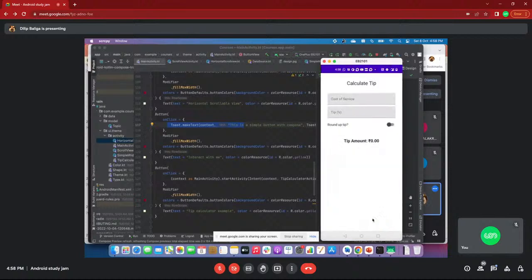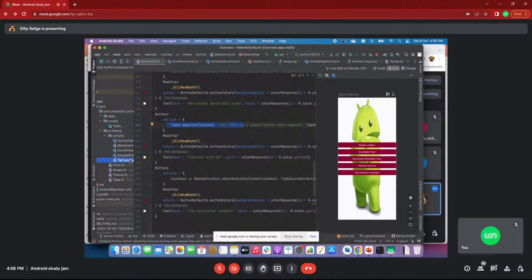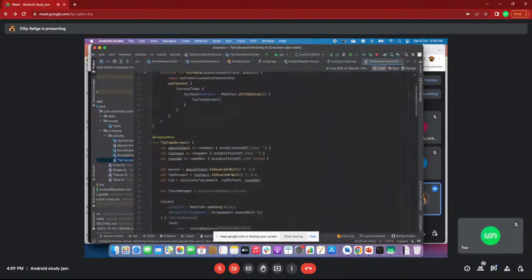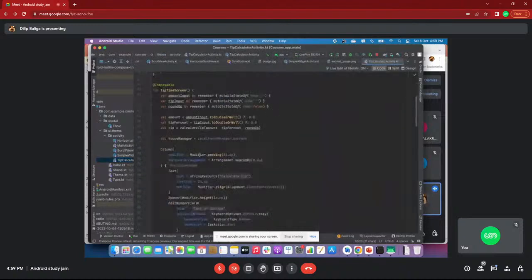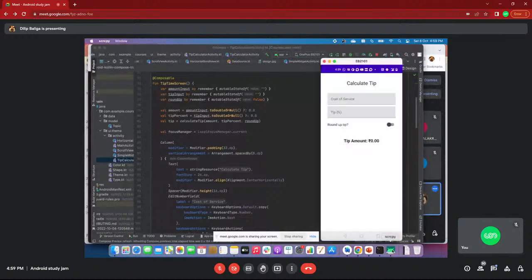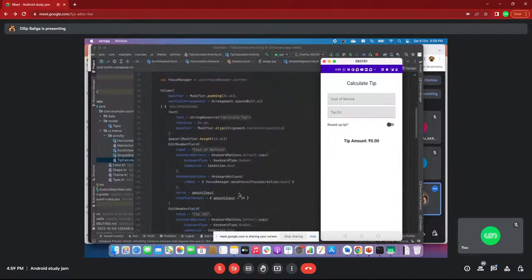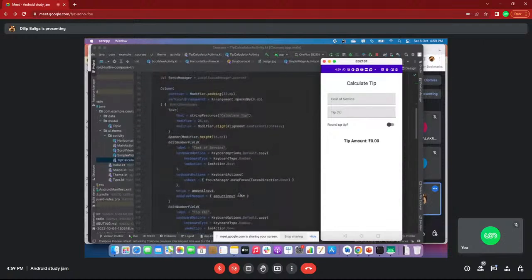Next there is a simple call tip, I'm going to show you this one. I'm not sure how much you have understood, so I'll give an example. For example, this is a widget called a text field.